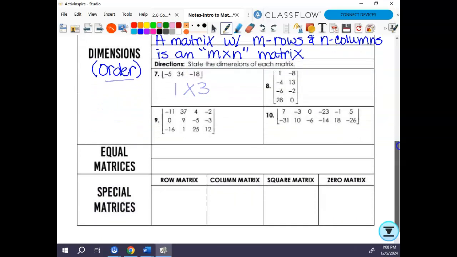So 8, how many rows do I have? 4. So it's a 4 by what? 2. Very good. All right, you do the next 2. And then I'm going to,